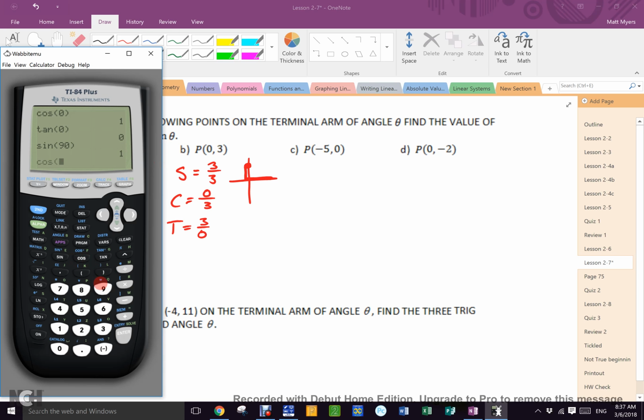What is the cos of 90? 0. 0 divided by 3. Holy crap. What is the tan of 90? Error. Why? Because the tangent doesn't deal with